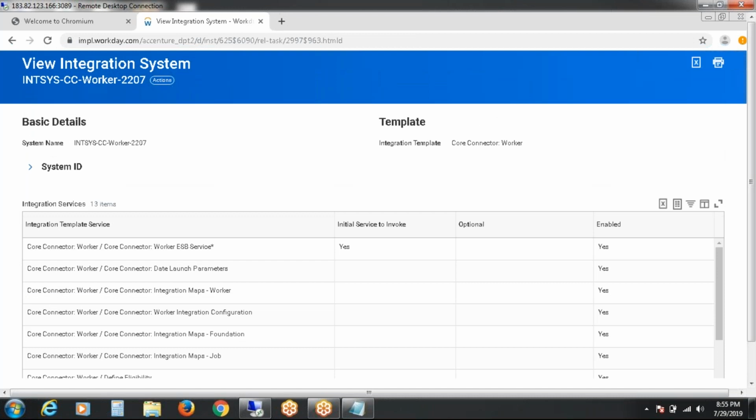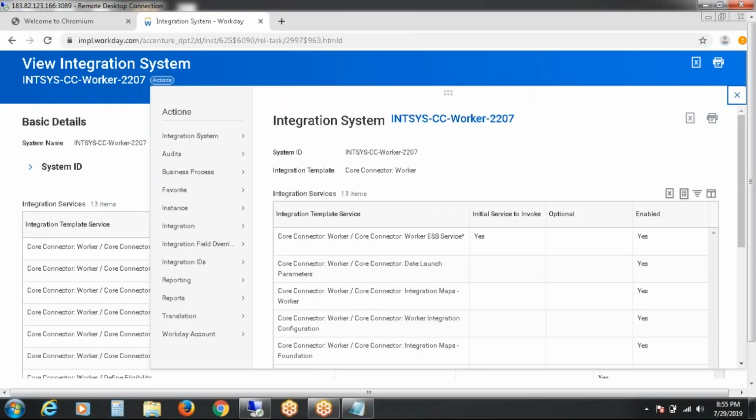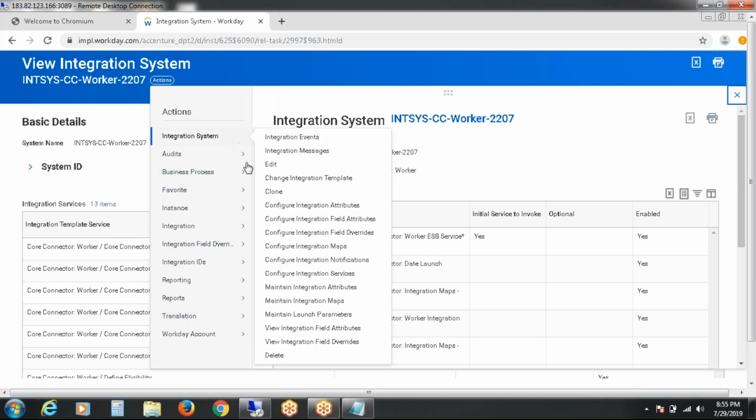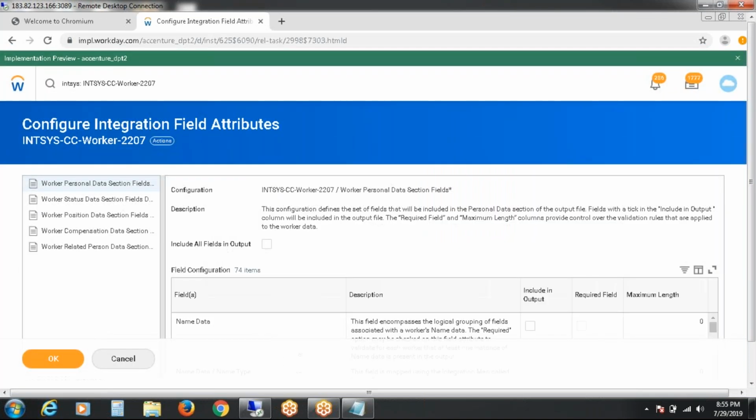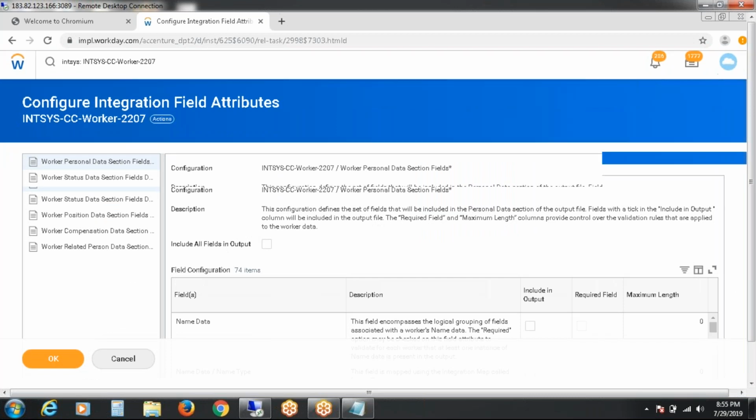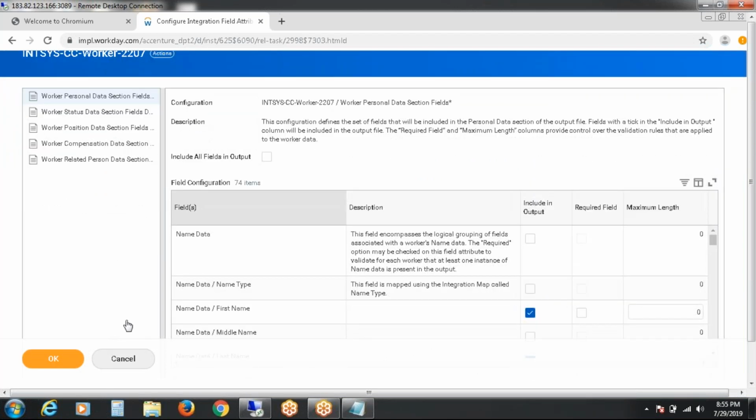For that, let me check whether my integration field attributes have been saved, because the internet was gone. Yeah, those are saved.